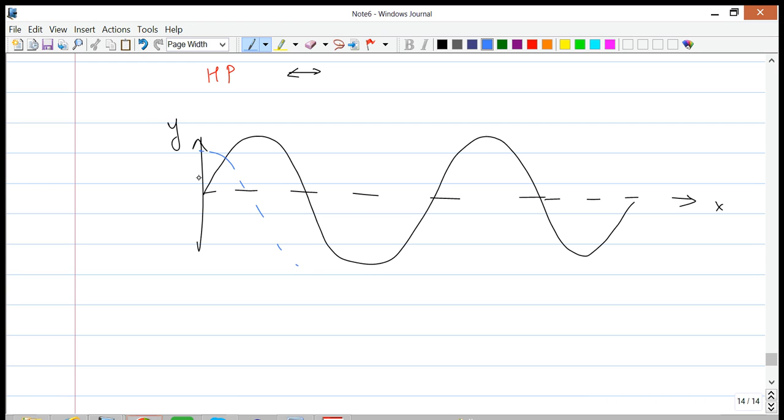It may end up looking like it has a profile of this sort. Okay, but those would be at different snapshots. At any instant of time, we have a wave that basically has this appearance. Okay, now every wave